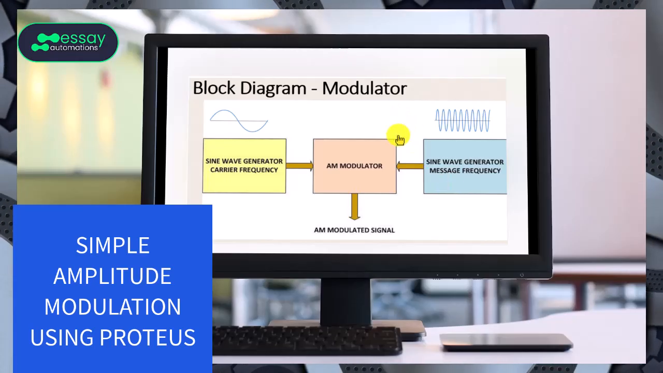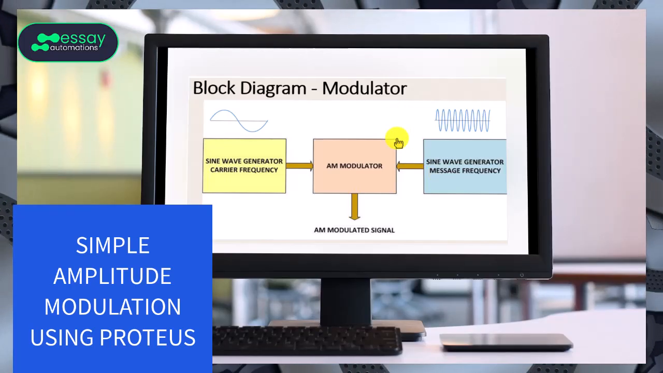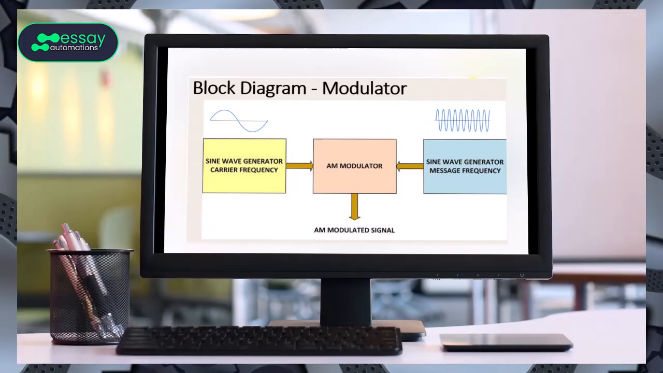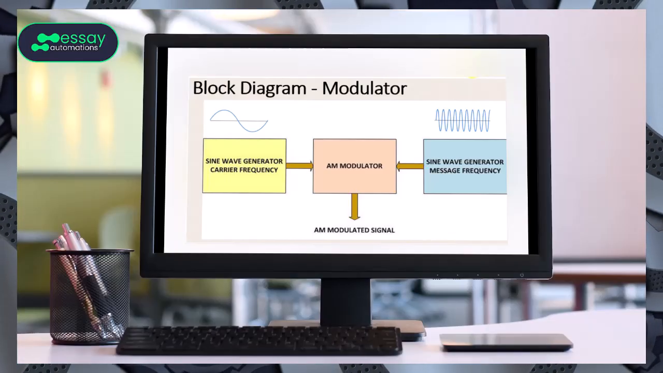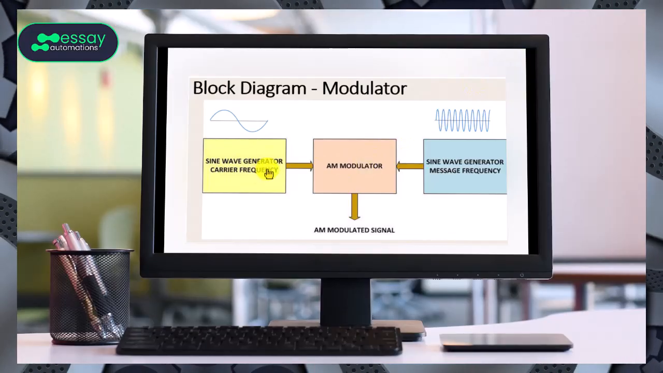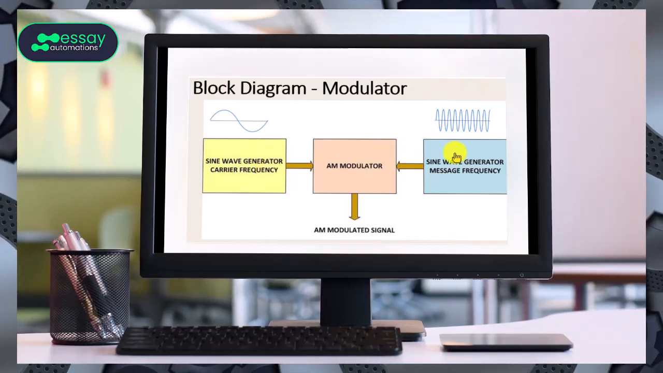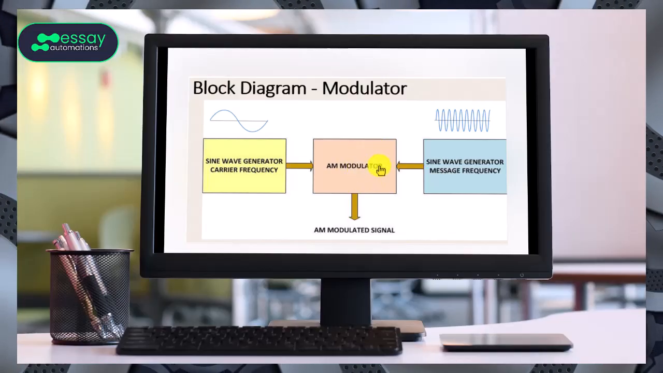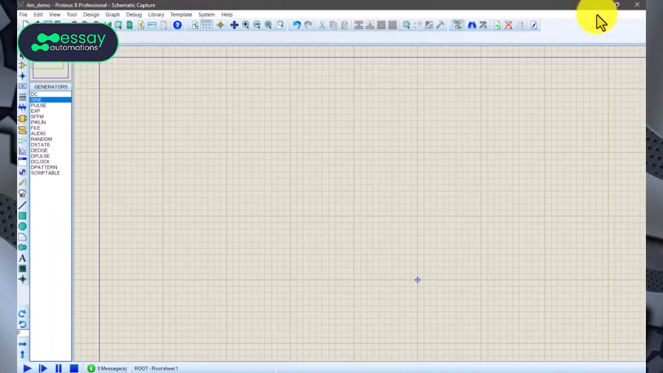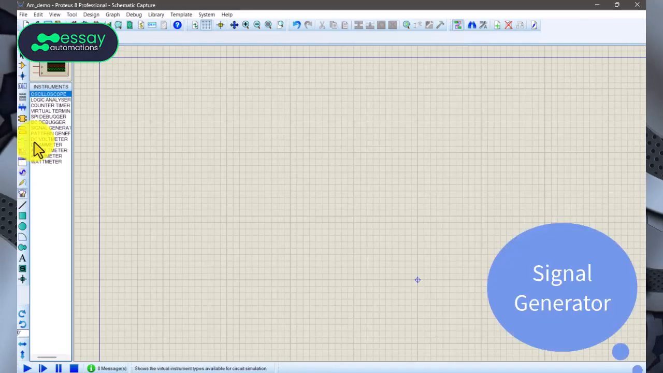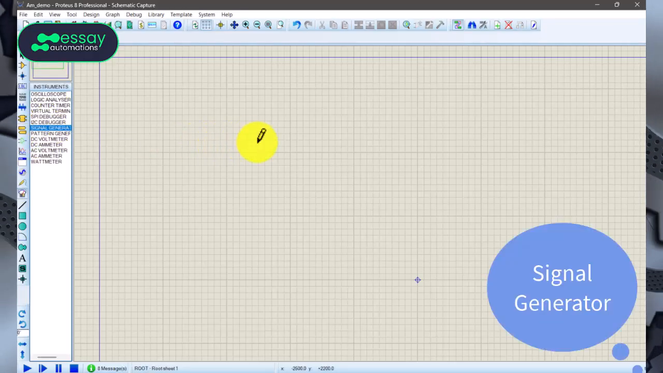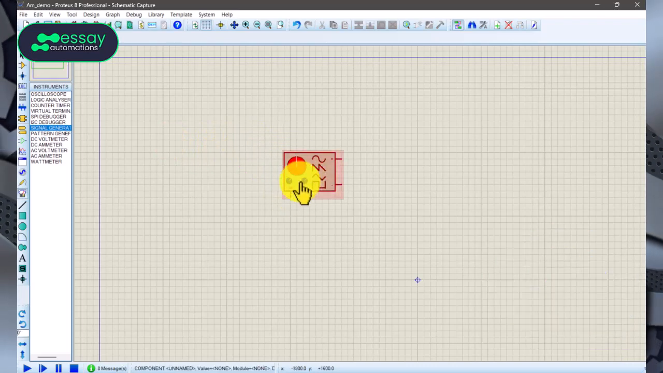Hello friends, today I want us to try and use Proteus to practice some amplitude modulation. There are a series of methods we could use, but this is the simplest, I think. So all we need is a carrier signal, an information signal, and then a modulator. Okay, and Proteus has this signal generator that can also be used as a modulator because it has modulation functions